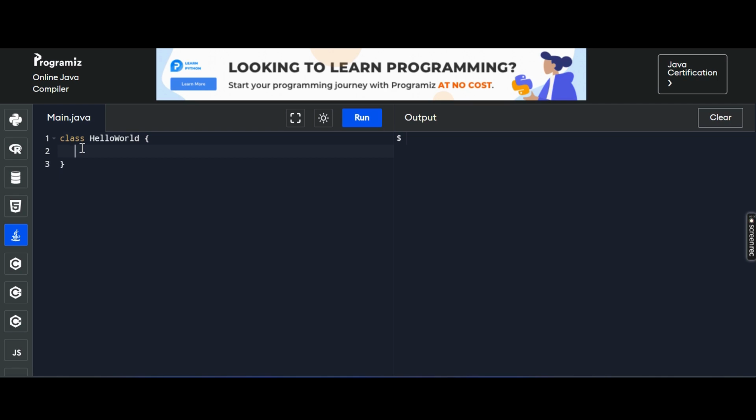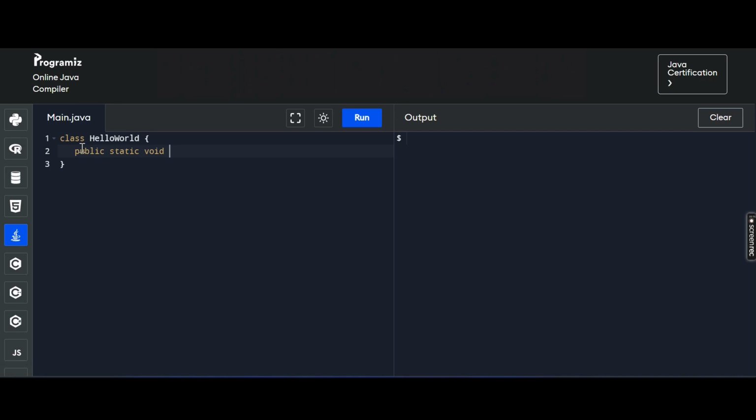First we need to create a main function. Those who come from a C or C++ background know that we need to create a main function. So we will be creating the main function. In Java, it's a little big one. I will give a proper explanation for each and every word in this program in the further presentation. Now there are curly braces, and for printing,